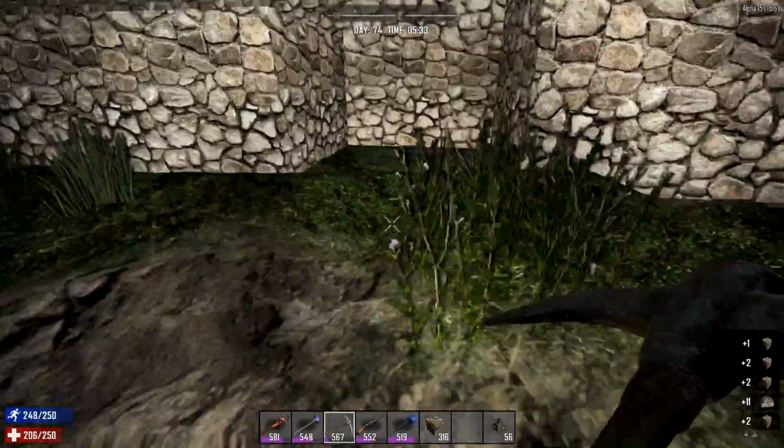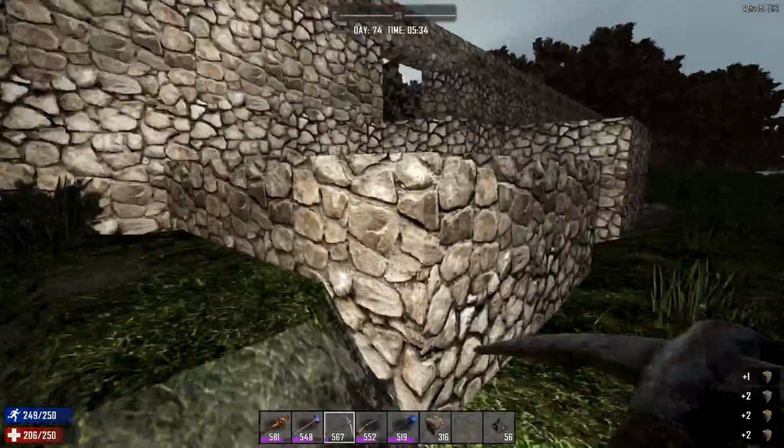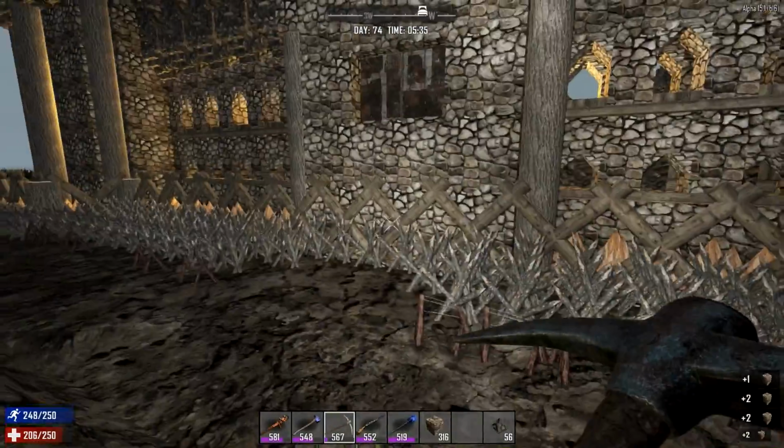So that seems like it can then have some spikes put down here and keep it defended. So yeah, I might swap these out for logs and things on the sides to make it match these other towers and things like that. I think I will do eventually, but for right now...